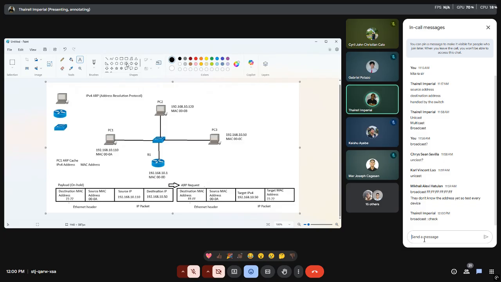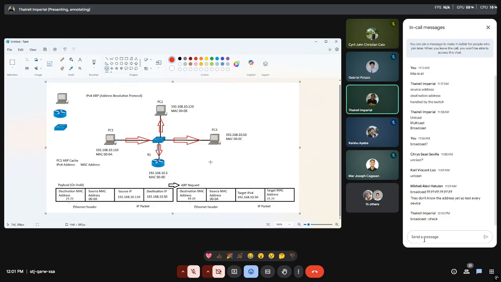So we're just gonna make some directions here, represented in red. Okay, so it will be sent towards this switch. And it will flood accordingly to all of the devices connected in our network. It would be at PC number 3. The data packet will also be sent to PC number 2. And as well towards our router.